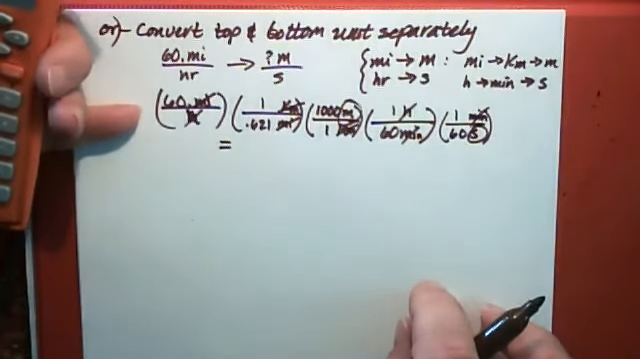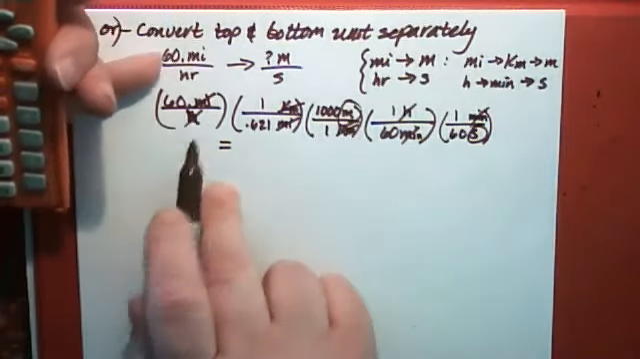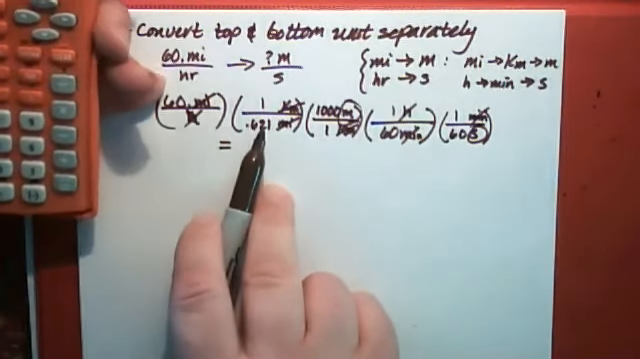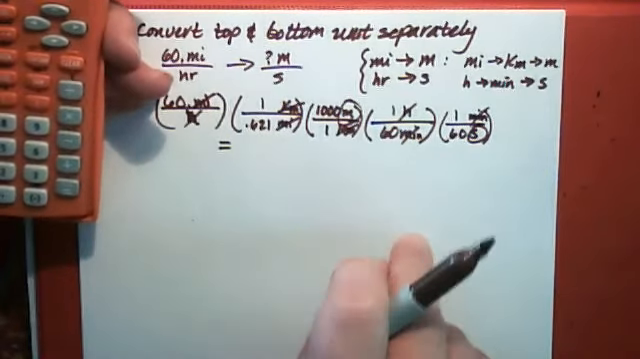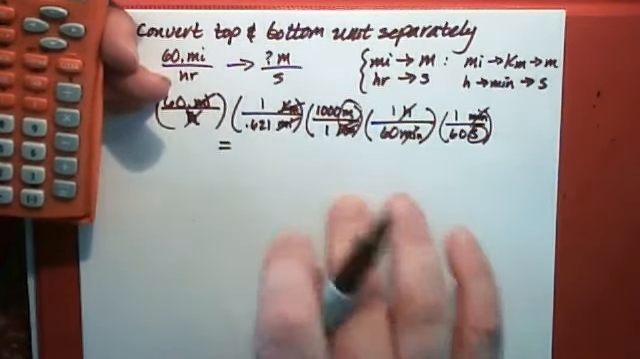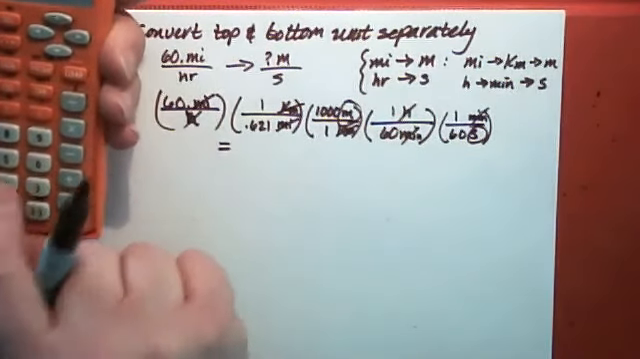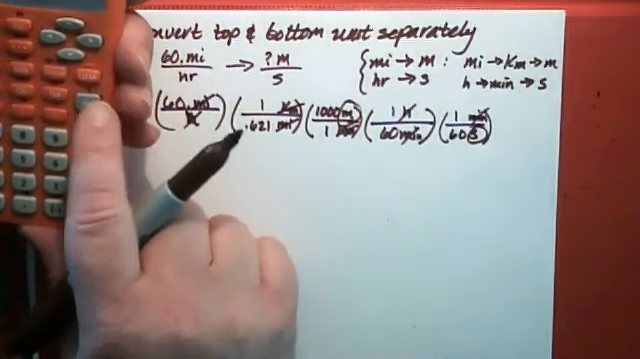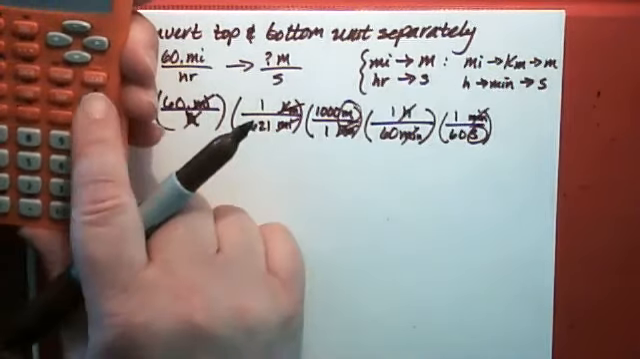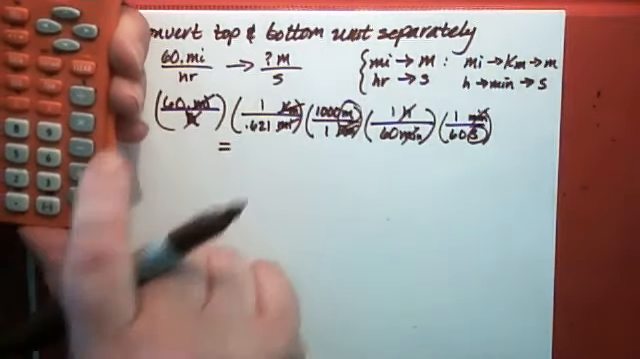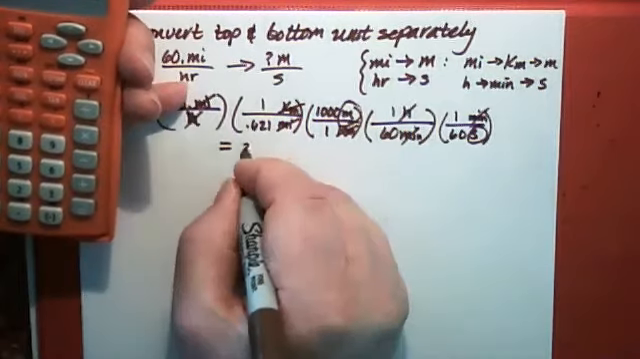Okay, so we got the units to come out right, so the numbers should come out right also. We just go left to right, ignoring the ones. And if a number is on the bottom, that means you divide by it. And it's safest to hit equals after each operation, just to make sure that the calculator is not misunderstanding. So if we take 60 divided by 0.621 equals, and then take that number times 1,000 equals, then you take that number divided by 60 equals, and take that number divided by 60 equals, and we get